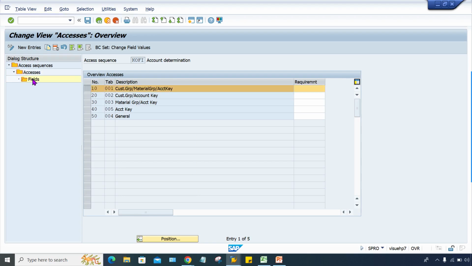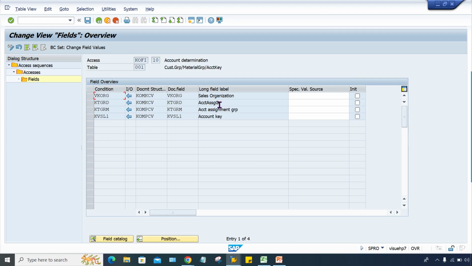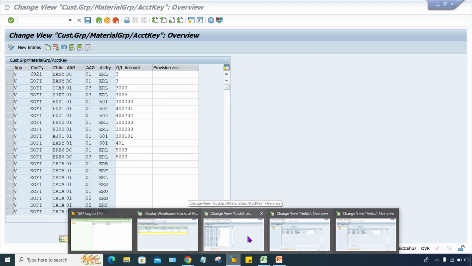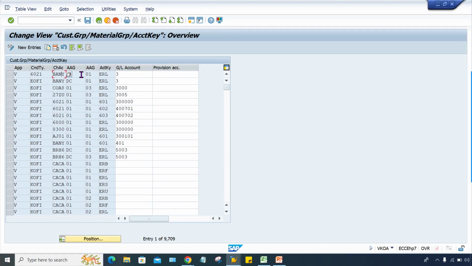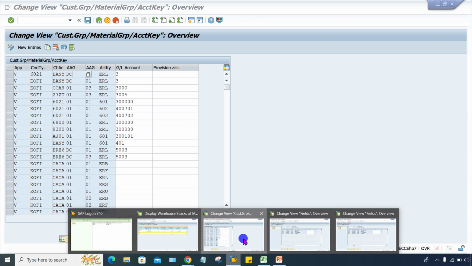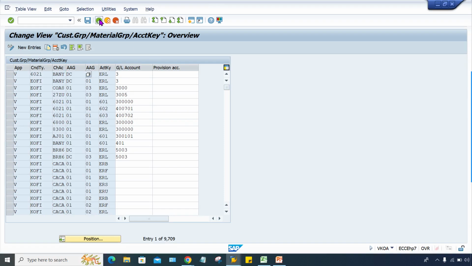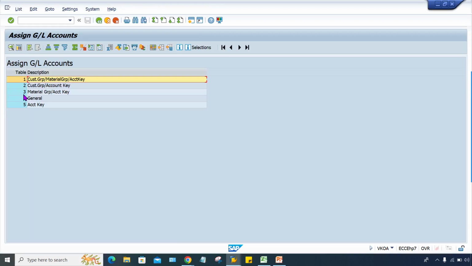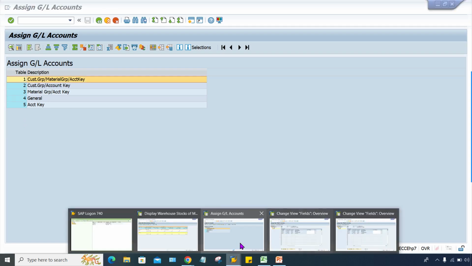So if I select this one, sales organization, account assignment group, and account key. Same combination here also, right? But generally what is happening, this sales organization is not appearing here. Only chart of account is appearing. So it means somebody has made some experiment. Right? This is table one. Table one means